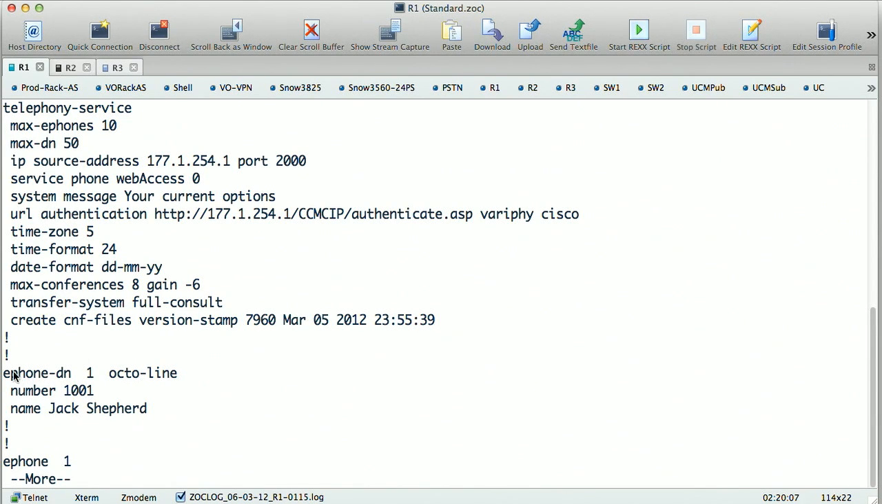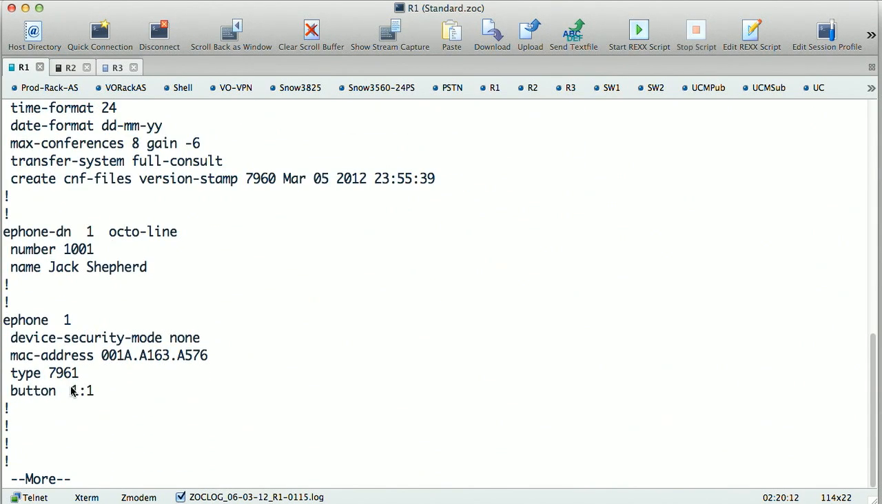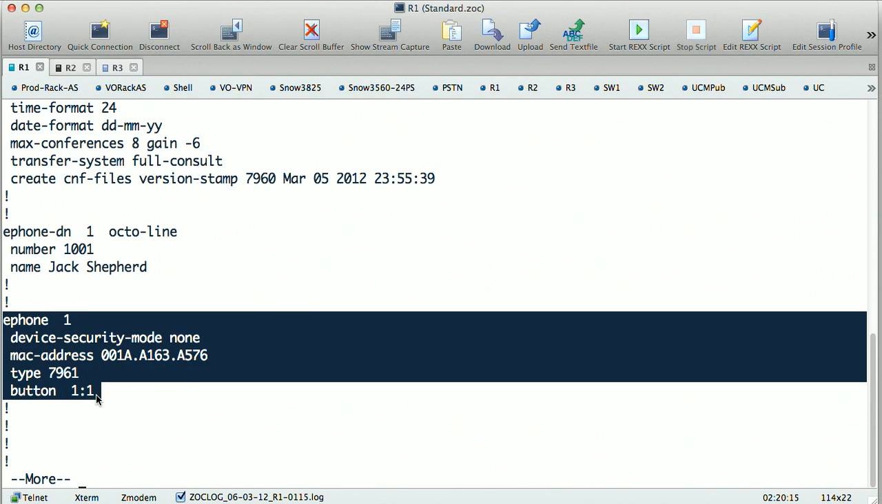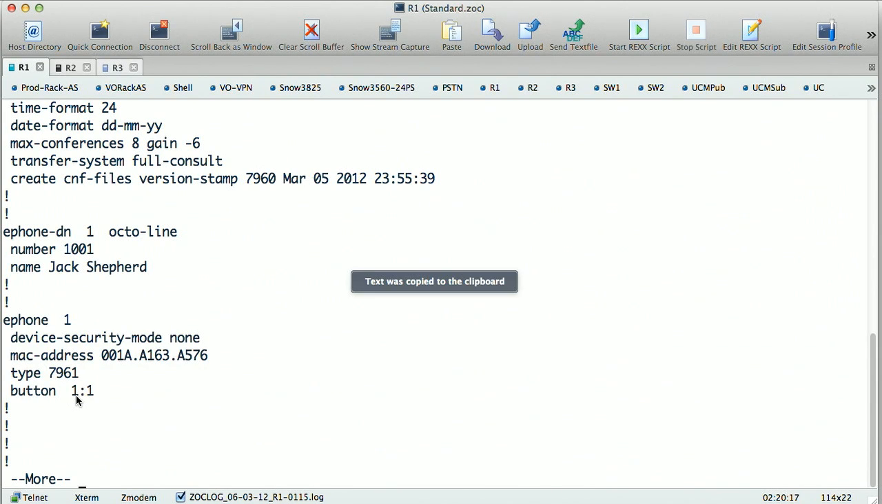So I also have ePhone DN1, number 1001. I've got a name assigned, and I've got that assigned to an ePhone, button 1:1. Now, previously I had created ePhone DN2 and ePhone 2. However, I then remembered that the second 7961 that I have here in my network is already running the SIP firmware, and I didn't really want to have to wait, however long, 30 minutes for it to download the new firmware across a WAN, across the internet and VPN actually, in order to change it to skinny. So what I did